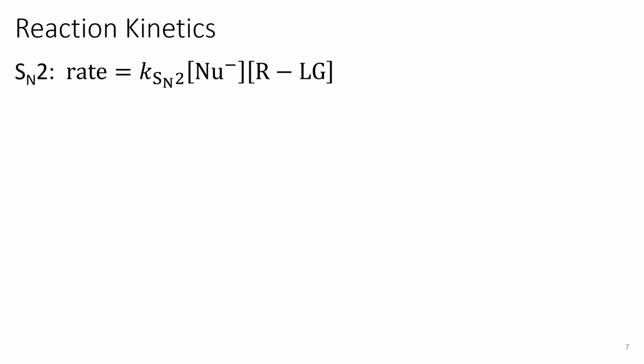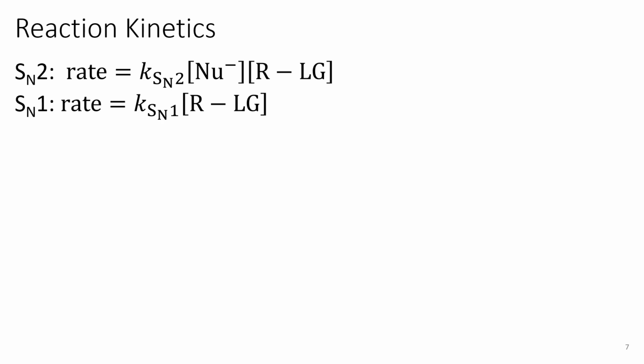So just for the SN1, SN2, E1, and E2, we can look at a comparison between them. The rate law for an SN2 mechanism, since it is a bimolecular reaction, the rate is going to be equal to K times the nucleophile times the substrate with the leaving group. It is bimolecular, so the concentration of both the nucleophile and the substrate are going to impact the overall rate of the reaction. But if we compare this to our SN1 rate law,